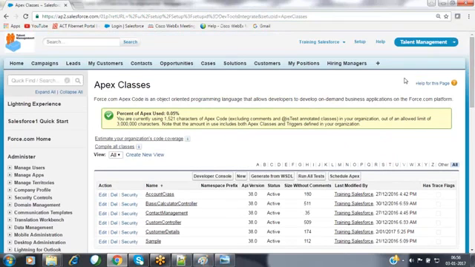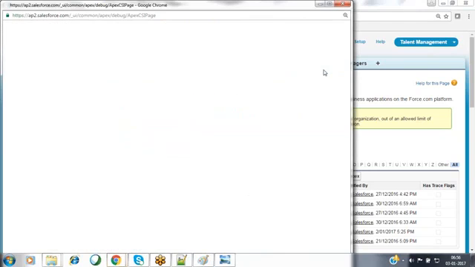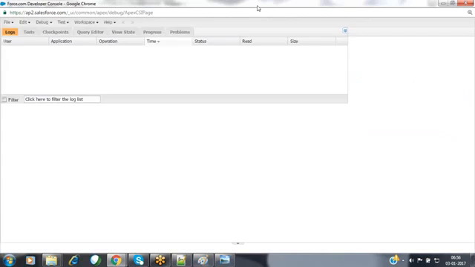You are aware of how to open the developer console over here. Now let's see practically. Go to your name on the top right corner. Click on developer console.